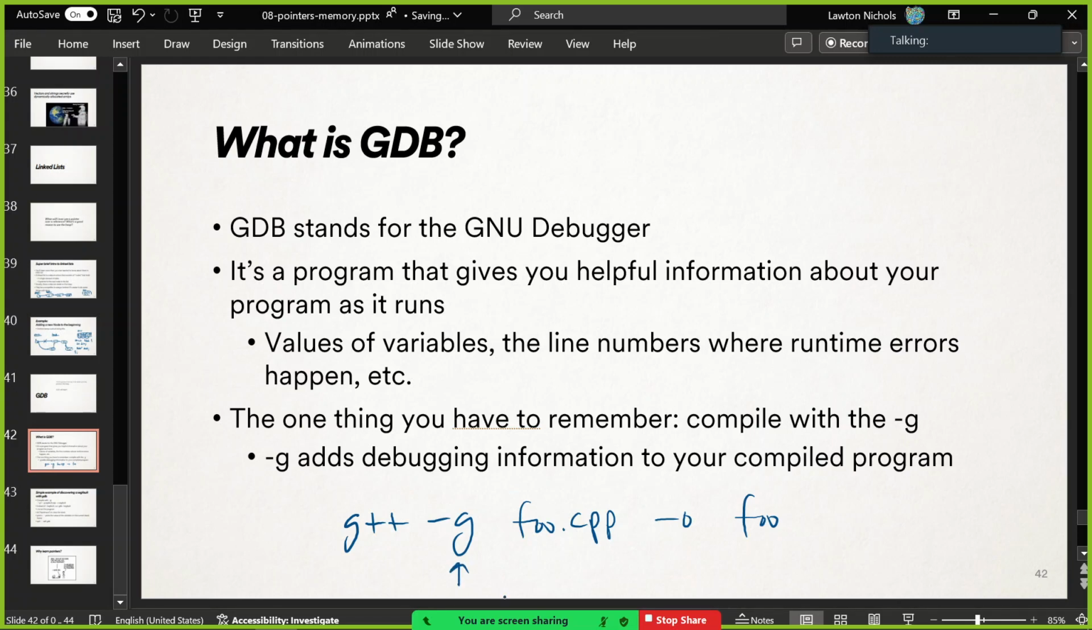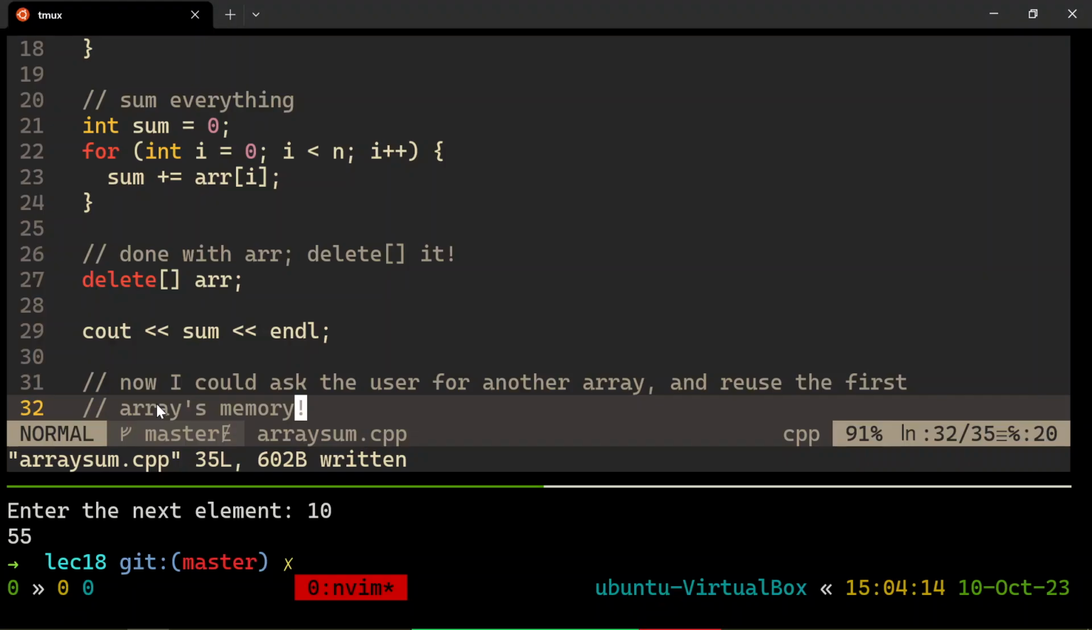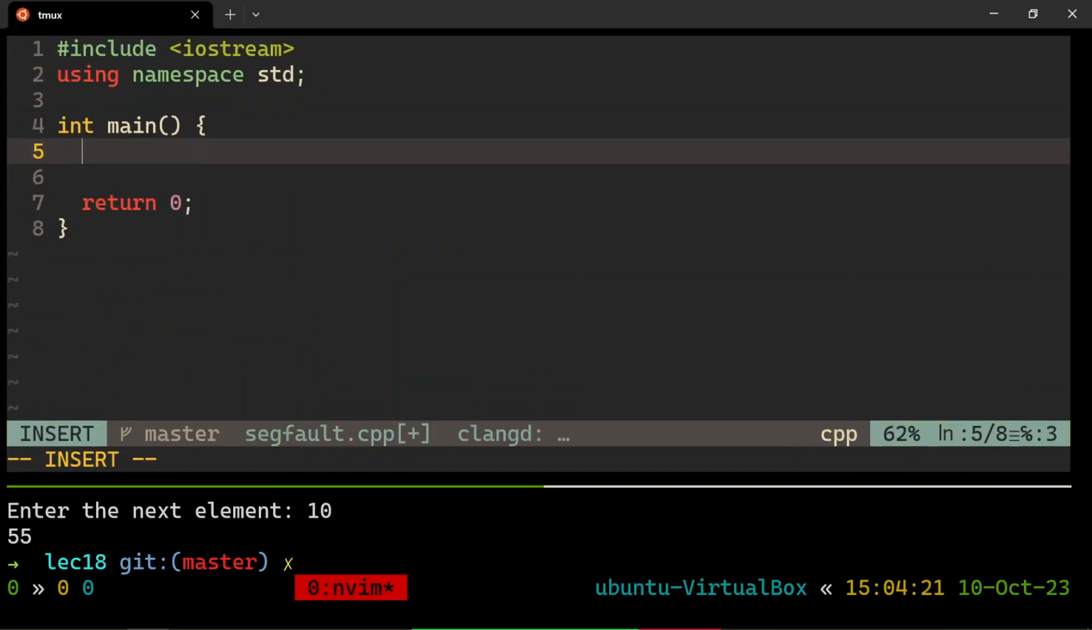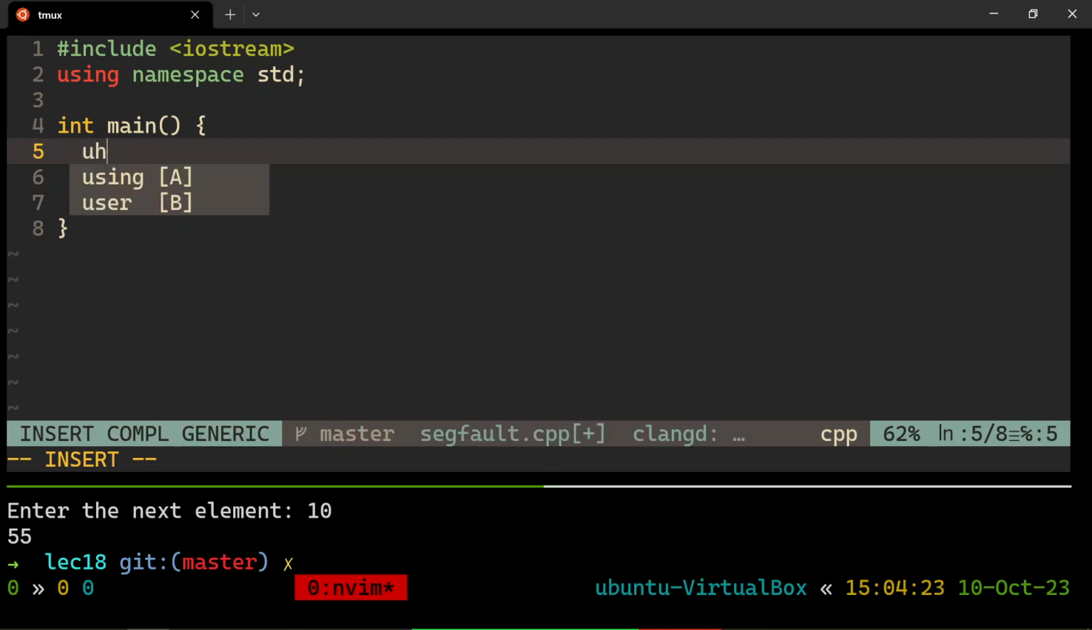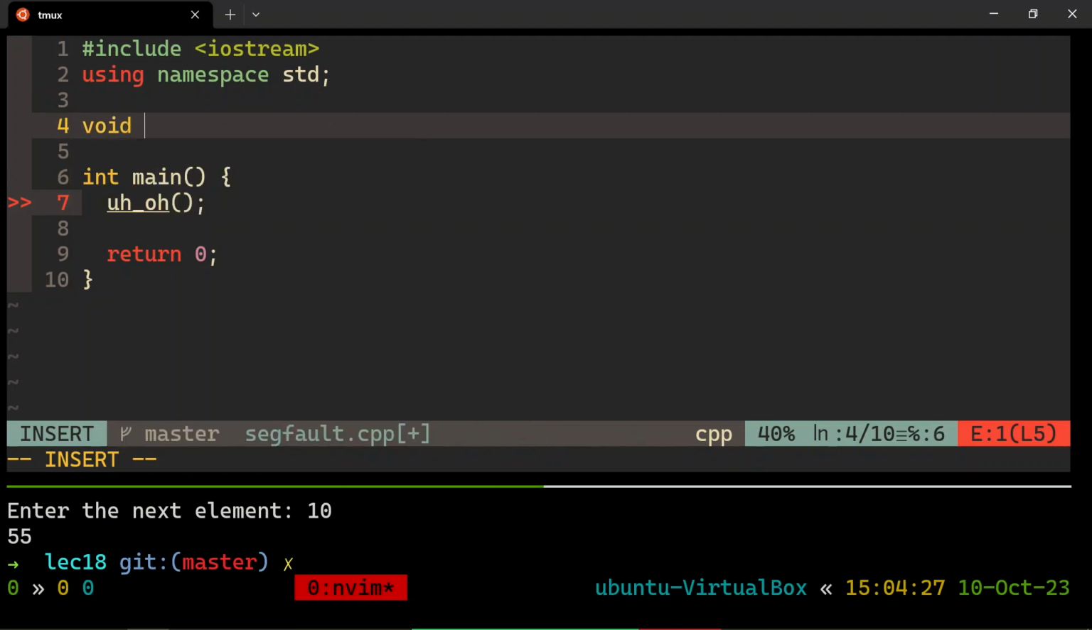Okay, so let me show you an example of how powerful and wonderful this thing called GDB is. You're going to compile with that -g flag, and here's just a program with an error. Let's say segfault.cpp, a program with the seg fault. Let's have it at least be a little interesting. So here's a function call. It'll be called void